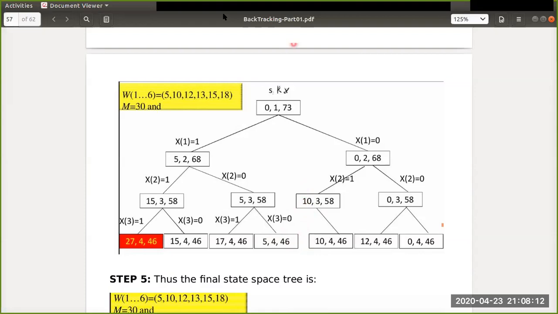And instead of constructing this side, including the weight of the third item, it becomes 10 plus the third item, which is 12. 22 will come, and 4 comma 46. This also will get it, but it is not constructed actually. Here it is not constructed. Actually I need to write it, but it is not constructed. This is the same as this one. It stops here. That's why it is not generated. From here on it is stopped.